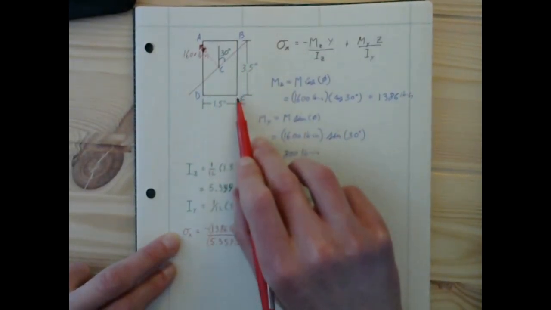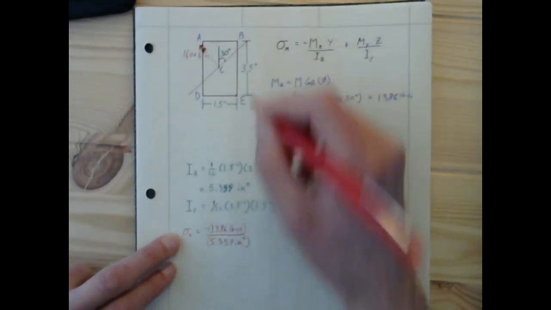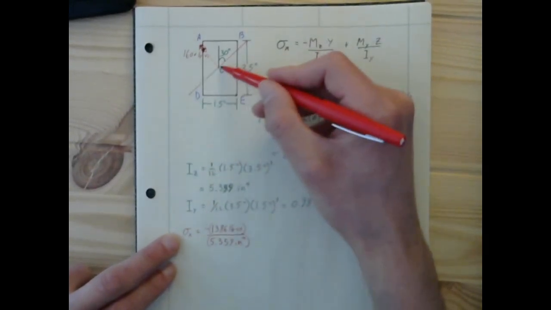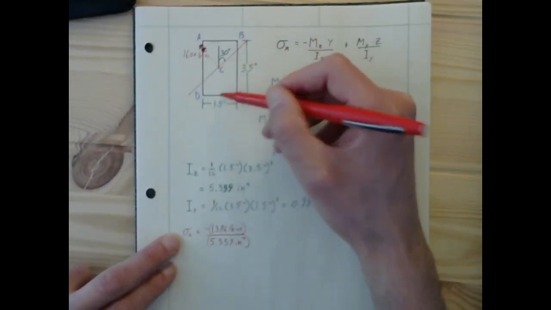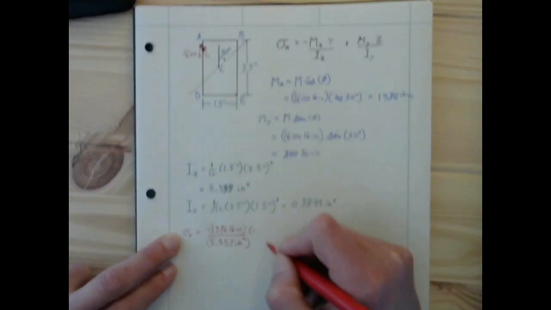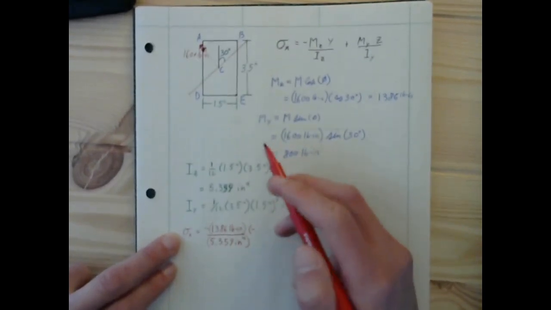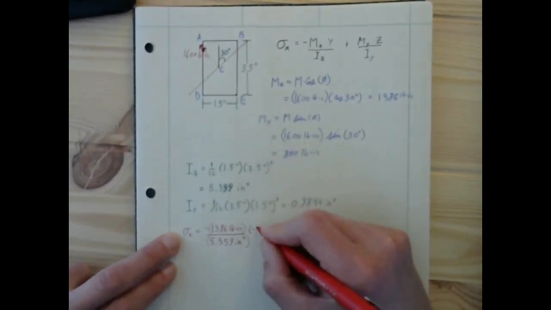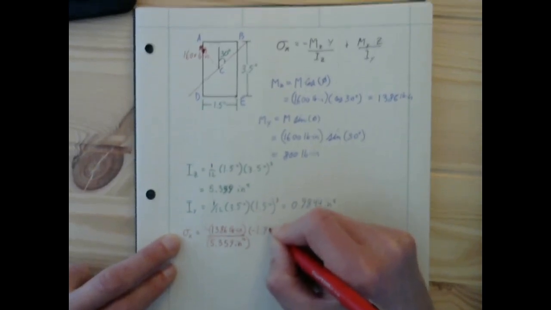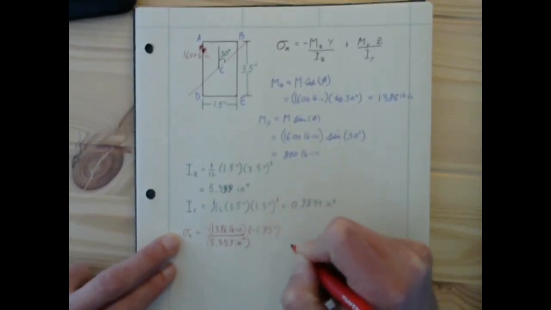If we're looking for our maximum, that is going to be at point E, and in that case that's going to be 1/2 of 3.5 down, so negative, and 1/2 of 3.5 is 1.75 inches,